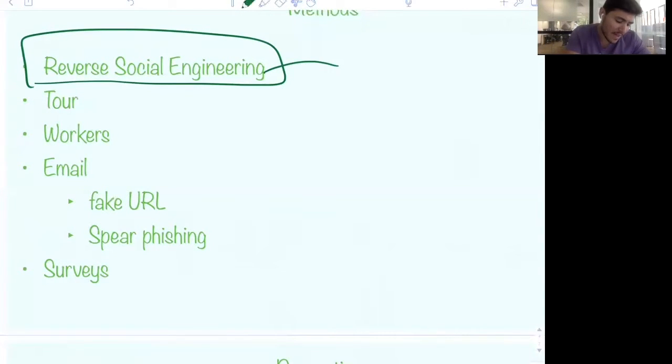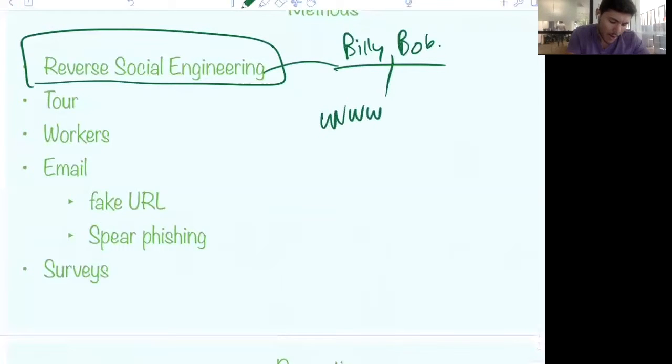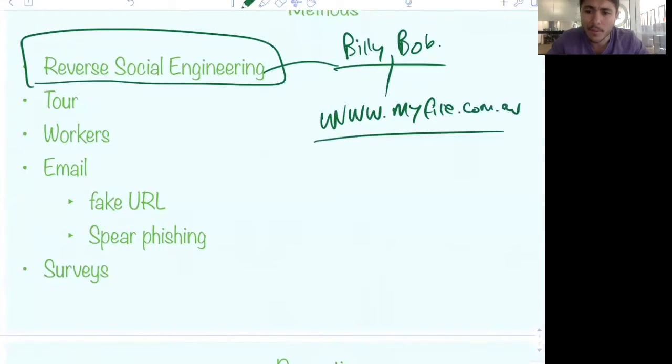If Billy and Bob are great guys, they're going to say, yeah, man, what's your web address? I'm going to see if I can get to it. I'll say, it's www dot my file whatever dot com dot au. And they'll say, hey, we can get to the site fine. What seems to be the problem? And I'll say, oh, by the way, he sent me this IP address. I can't seem to get to it because it's blocked. And I might give him an IP address, I'm just trying to think of a number,